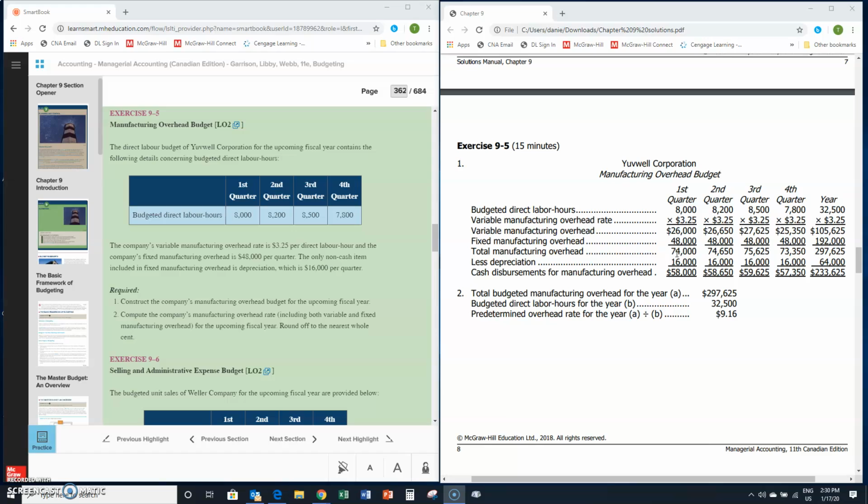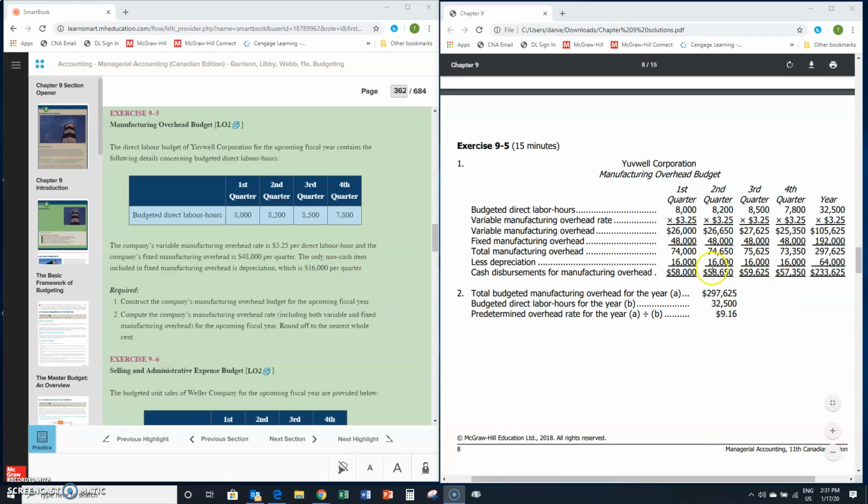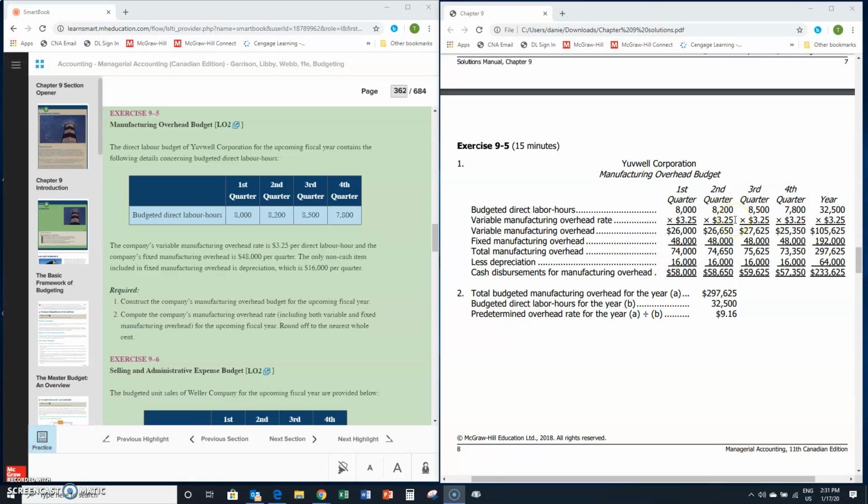So that gives us our total, but then you have to remove the non-cash. In order to get the amount of cash disbursements, you have to take out the non-cash item, which is depreciation. So you subtract your depreciation to get your cash disbursements for your manufacturing overhead. So it's the same thing every quarter. Take the budgeted direct labor hours, multiply by the variable manufacturing overhead rate to get your variable manufacturing overhead, add your fixed manufacturing overhead to get the total, but then subtract your non-cash expenses, which was depreciation, to get